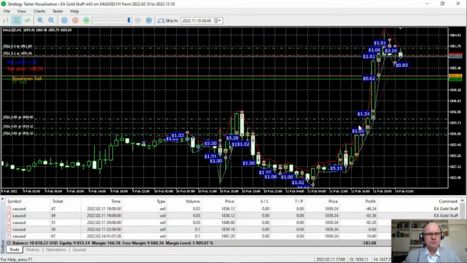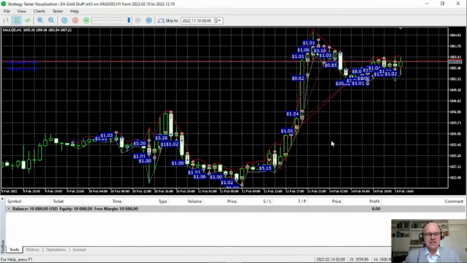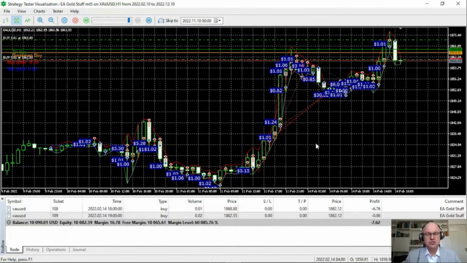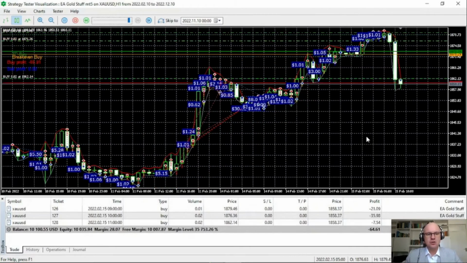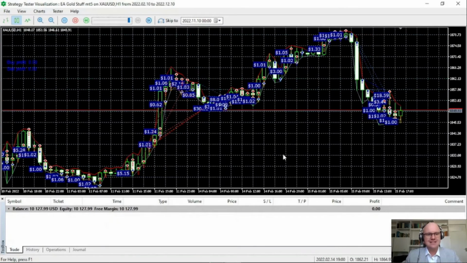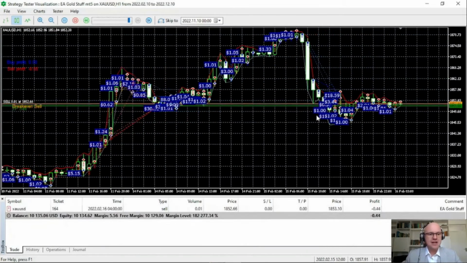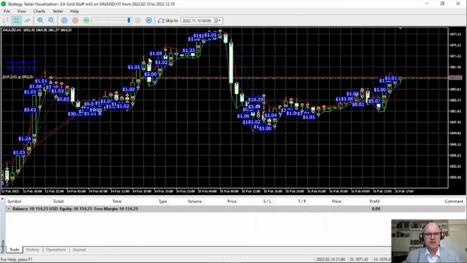The way that I would recommend trading this expert advisor is by adjusting it according to the specifications of your own risk appetite. And there are a multitude of different ways in which we can make the bot less aggressive and make it potentially a little bit safer to trade in the live market.